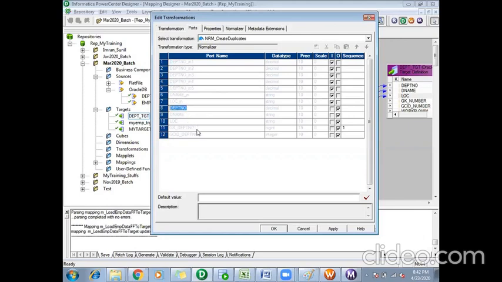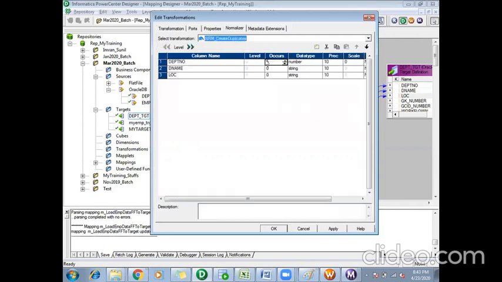In addition to that, it creates 2 more ports, called gk underscore department number and gcid underscore department number. These 2 ports will be created as soon as I give an occurs value for any port. For that particular port, it will create the GK number and GCID.